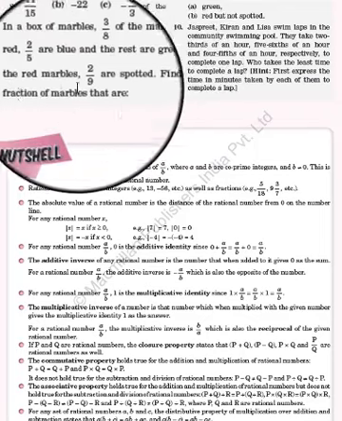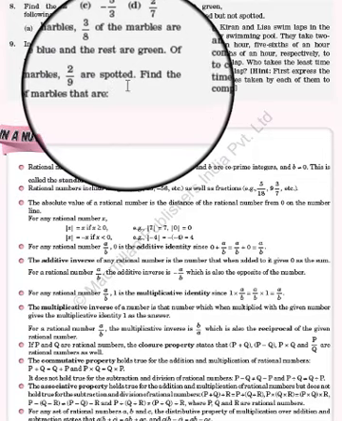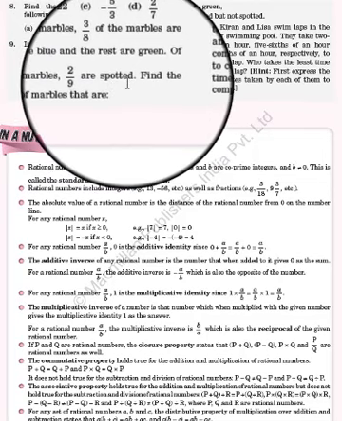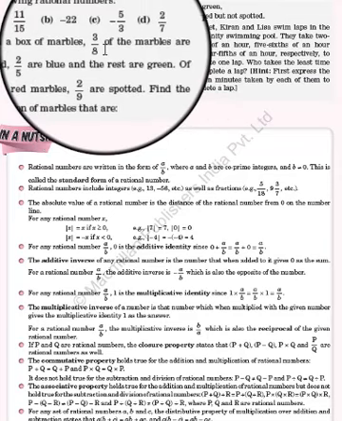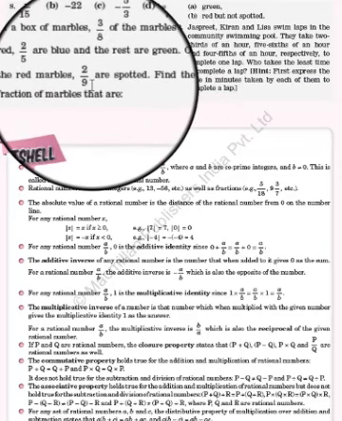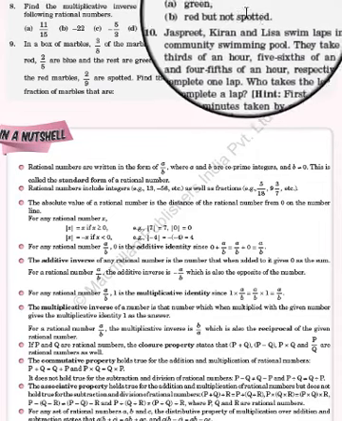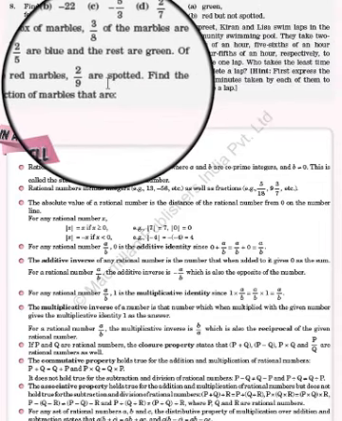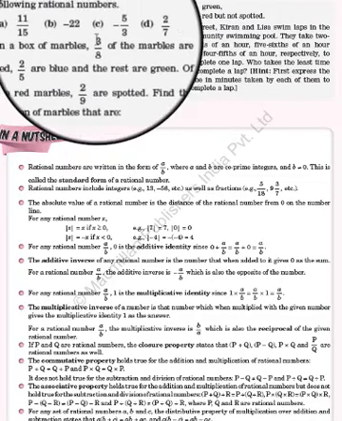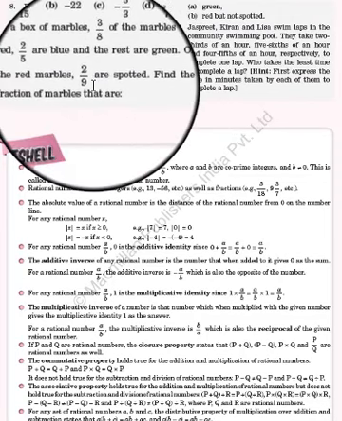Then they are saying of the red marbles, these are spotted ones. So how many are the spotted ones? For the spotted ones, we take the red marbles, 3 by 8 multiplied by 2 by 9. That will give you the number of spotted ones. As 3 and 9 get cancelled, it comes out to be 3, and 2 and 8 also get cancelled, which comes out to be 4. After calculating this, they are asking about those that are not spotted. For the non-spotted ones, you have to subtract from the total red marbles, which is 3 by 8 minus whatever answer you are getting. This way you can solve it.